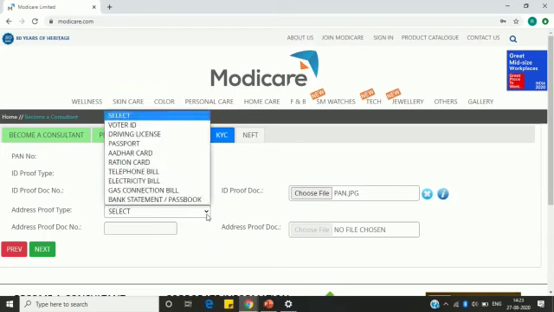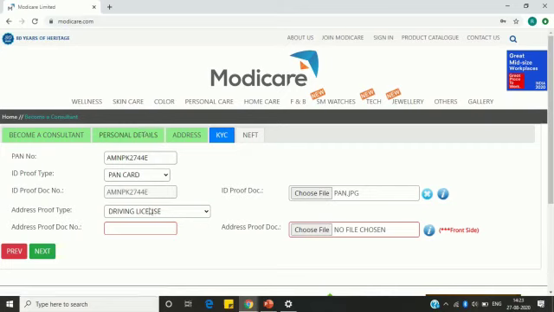Now comes the address proof. Once you click here, you can see what all documents you can upload. You can select voter's ID, driving license, passport, Aadhaar card, ration card, telephone bill, electricity bill, gas connection, and bank statement. So I am selecting driving license. Once I select driving license, I have to enter the driving license number. And please ensure the driving license number you enter here has to match the document you upload.